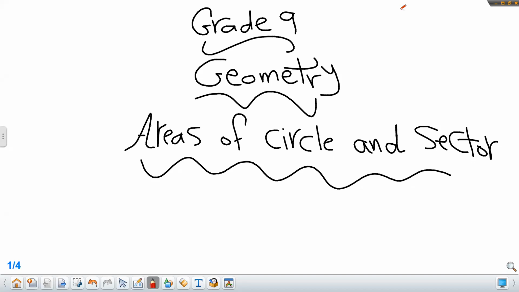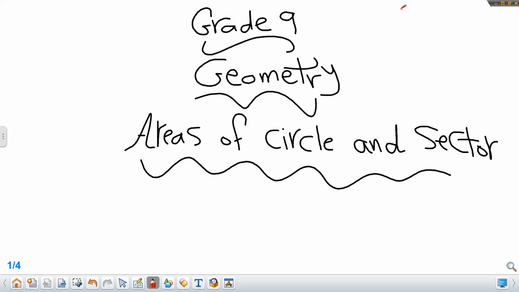Today, inshallah, for grade 7, you will study a new lesson, which is areas of circle and sector. Areas of circle and sector. First, you must know what a circular sector is and what its relation is